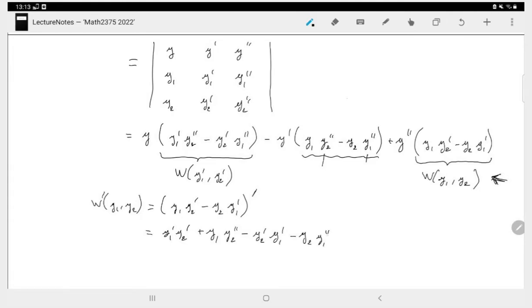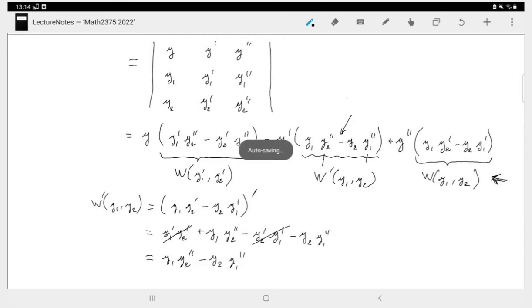And the key thing to notice here is that these cross derivatives are essentially cancelling out each other. And we get y1 y2 double prime minus y2 y1 double prime, which is exactly the term that we had here. So this is actually the differentiated Wronskian of y1, y2. Okay, so that's key. And you could have noticed it because of the presence of this minus sign and the fact that the second derivative is playing against the function,